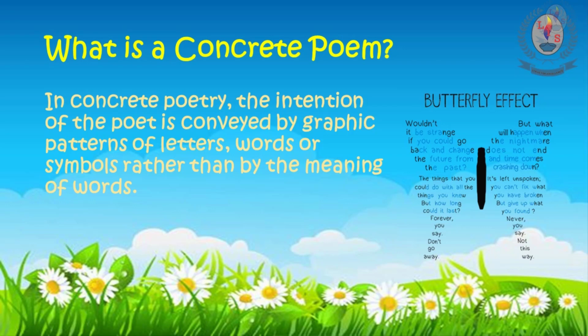That means concrete poetry, or usually we call it shape poetry, is a type of poetry that uses some sort of visual presentation. Why do we use these visual presentations? We use them to enhance the effect of the poem on the reader. That means these poems are based on the physical shape of the poem, not the techniques or the basic elements that can be seen in the poem, but mainly the physical shape of the poem takes the significance.